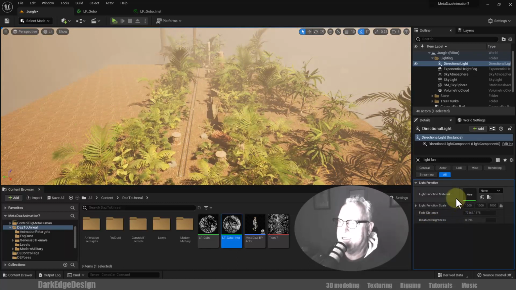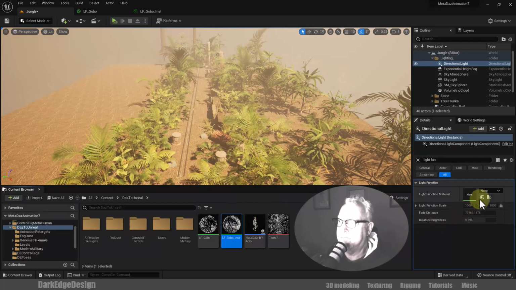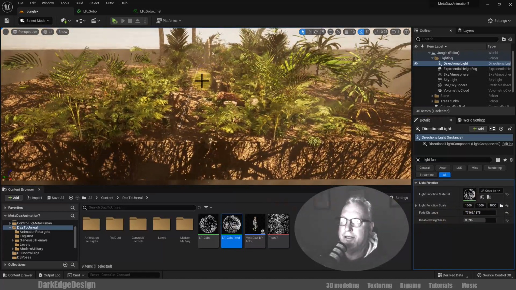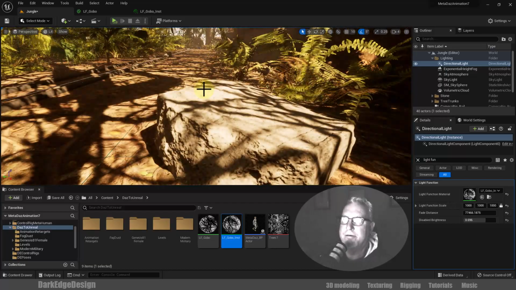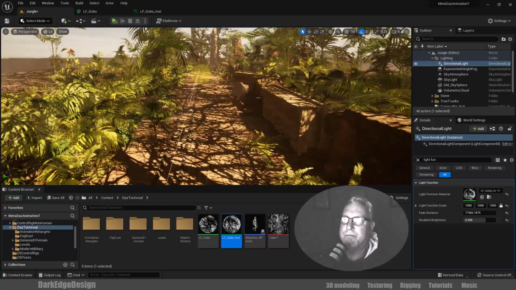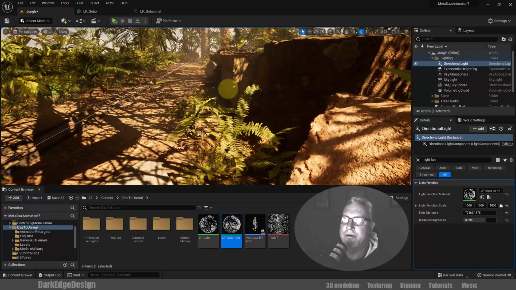So you just go ahead and select your material, pop it in there, and then there you go. You have an instant tree canopy happening inside your project